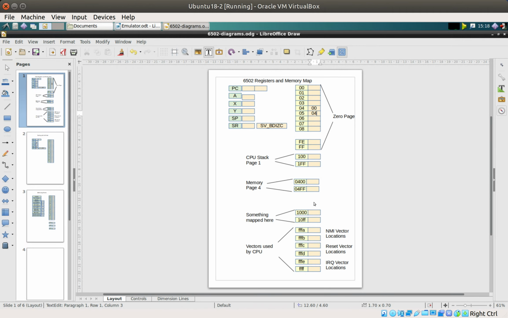Alright, so the same thing happens here. If we take that one there, which is a reset vector, so the first time the CPU comes on, it says,